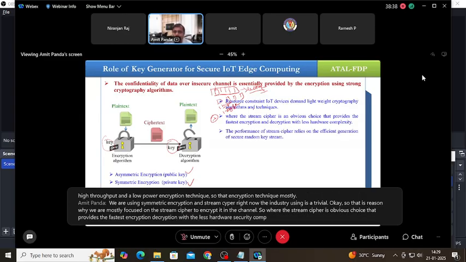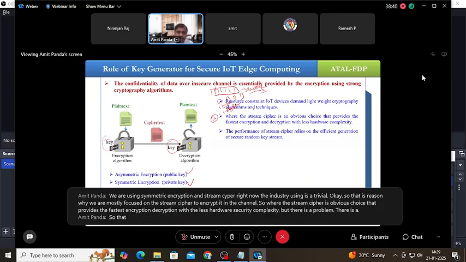But there is a problem. There is a trade-off, which I will explain. The performance of the stream cipher relies on the efficient generation of the security